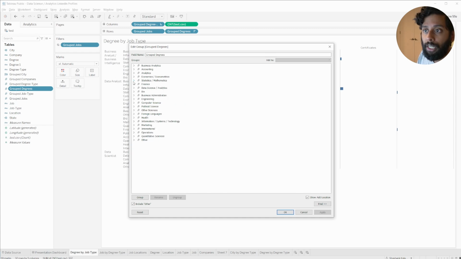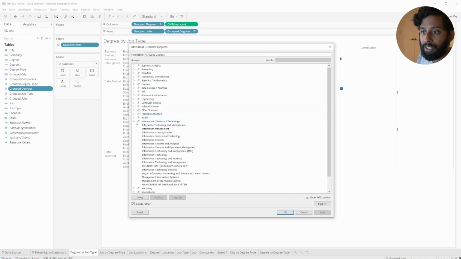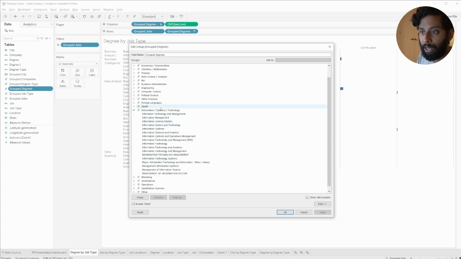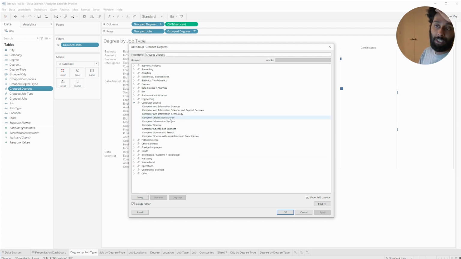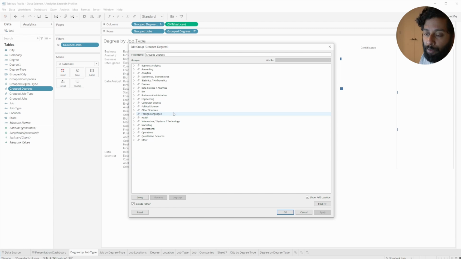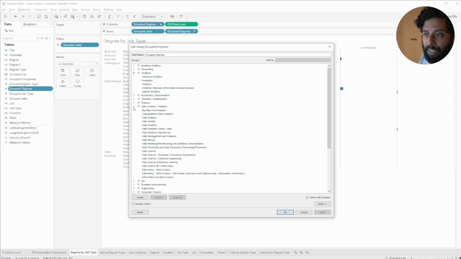And so you'll see under information systems and technologies, there's all these degrees over here that I grouped as information systems and technologies. Comp sci, just a bunch of comp sci stuff. This person has comp sci and French. If they had 2 degrees, I just took the first one because I assumed there's a reason that they listed that one first. Quantitative sciences are over here. And then you have analytics. And then I had a separate one for data science and analytics,